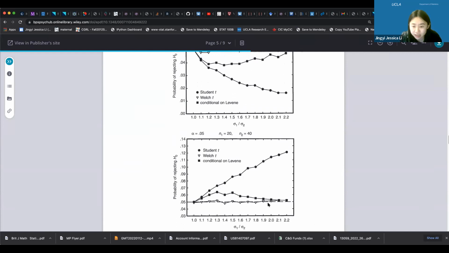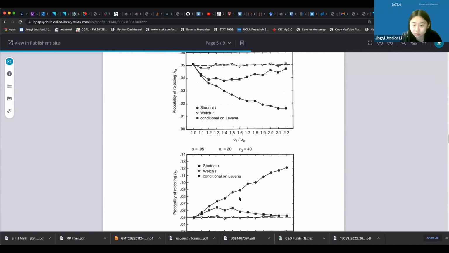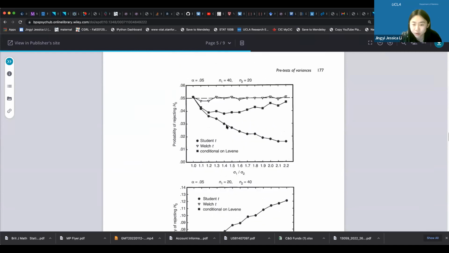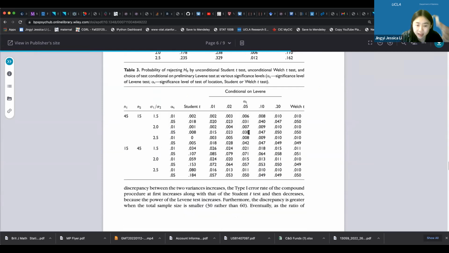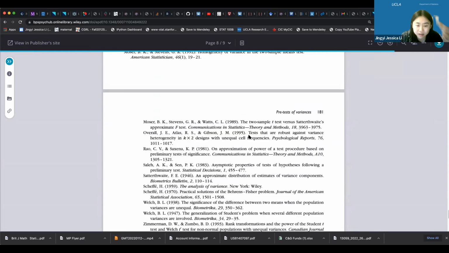The Welch's test works well, and the conditional one doesn't work that well. And this is another way. In both cases, the sample sizes in the simulation are associated with the ratio. So the sample size is unbalanced, you can see. This is sample size 40, 20, 20, 40. So it's unbalanced. So clearly this figure shows that you want to use Welch's t for sample sizes like this. Anyway, so coming back here,